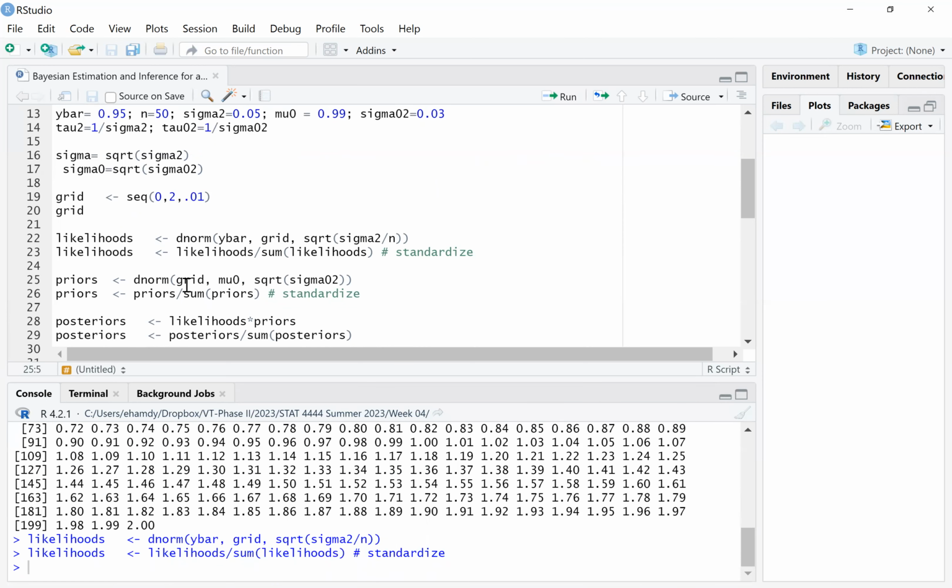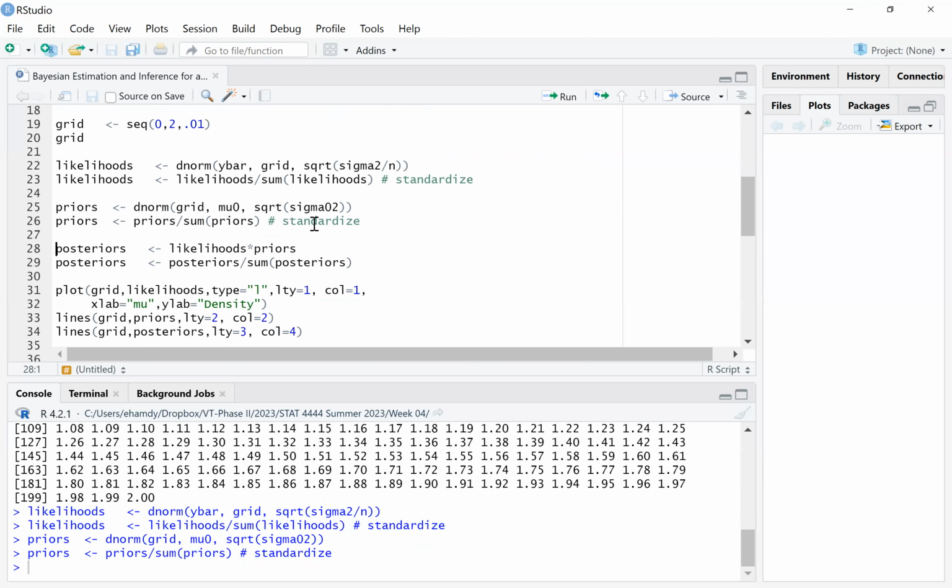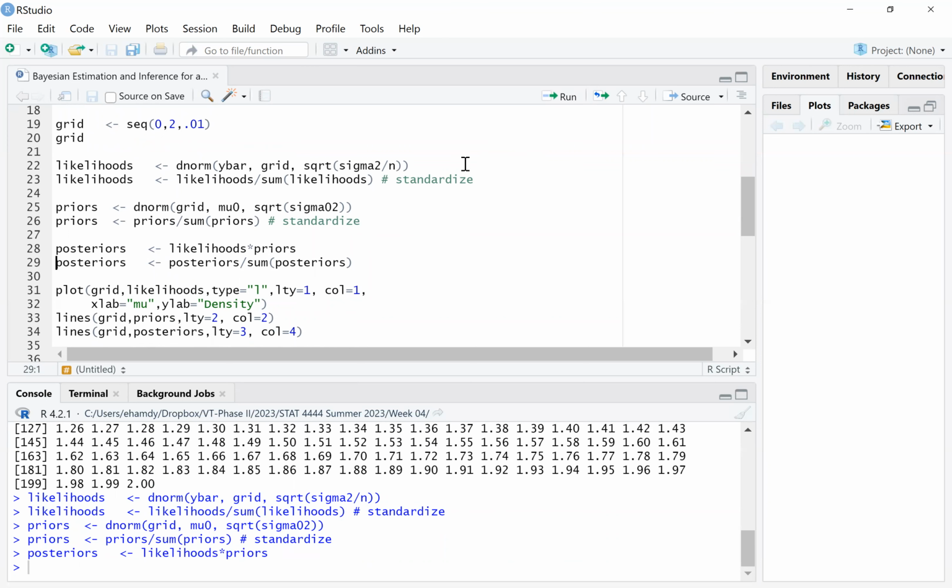And then I will calculate the priors. I will evaluate the prior distribution at these values, calculate the density, and then I will change them to be probabilities. And then I will multiply the likelihoods by the priors, get the posterior probabilities, and I will change them to be probabilities. Those are the posterior is proportional to the multiplication. So the posterior probabilities are